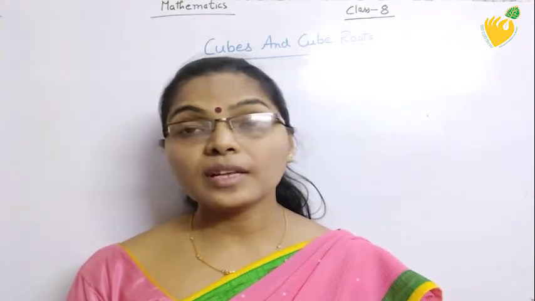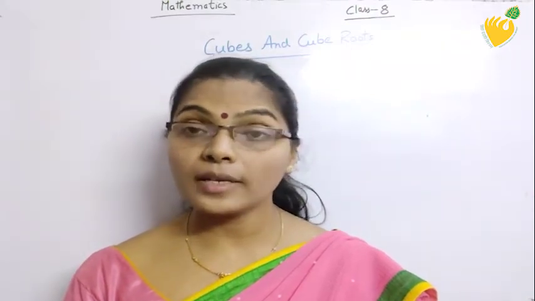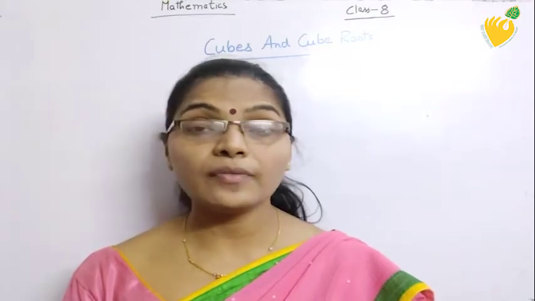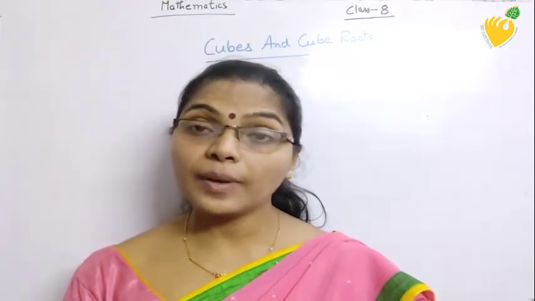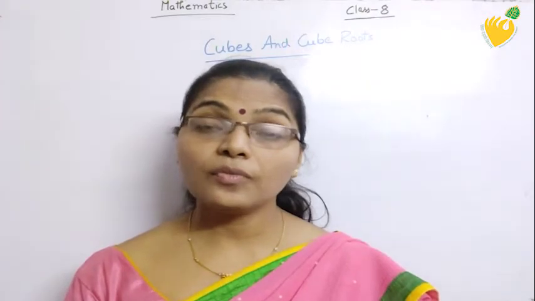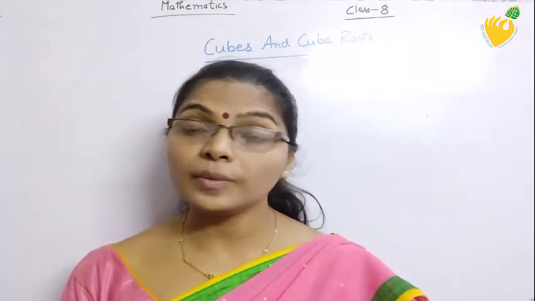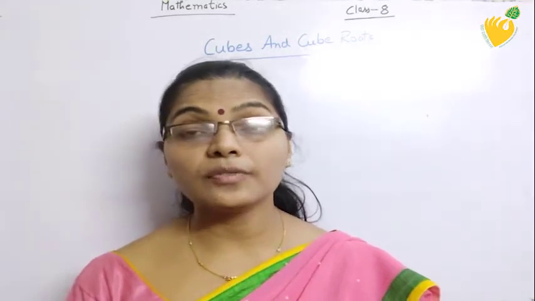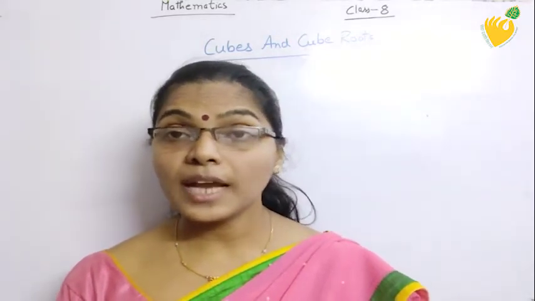In the previous 3 classes, we learned the squares. We also learned the methods to find square roots by prime factorization method and by division method. We also learned about the Pythagorean triplet. Now students, today I am going to make you learn the 4th chapter from the book, that is cubes and